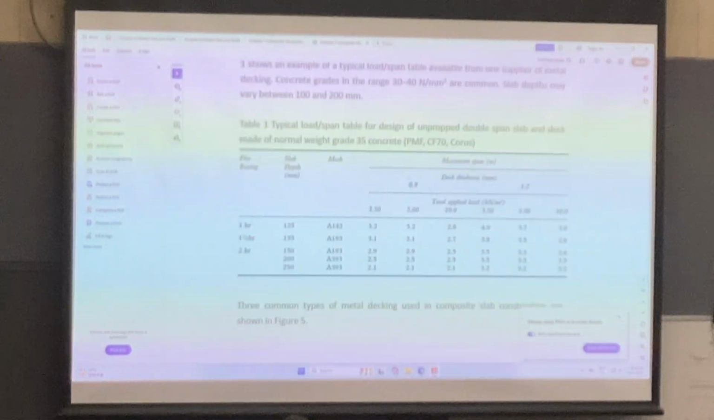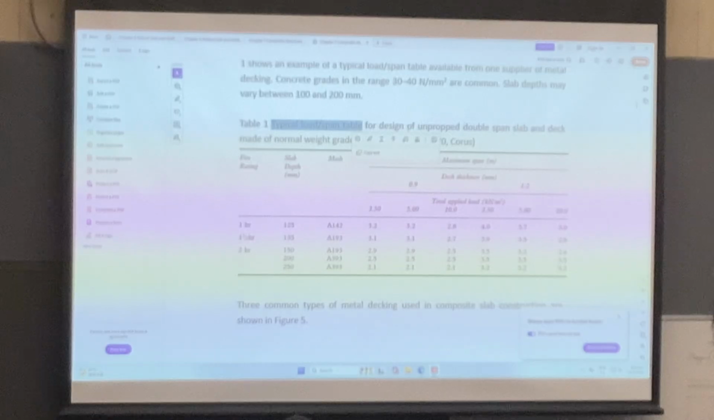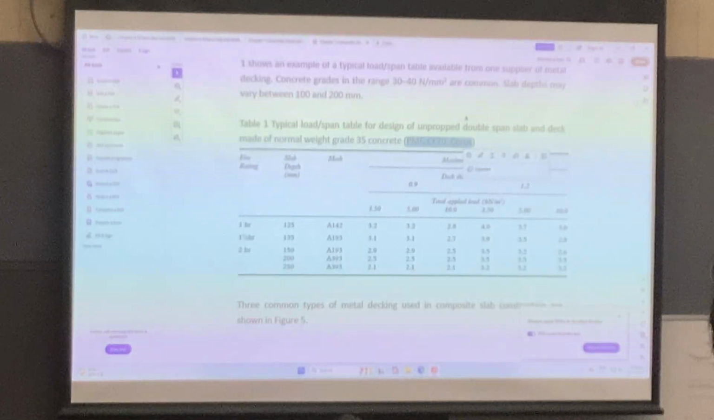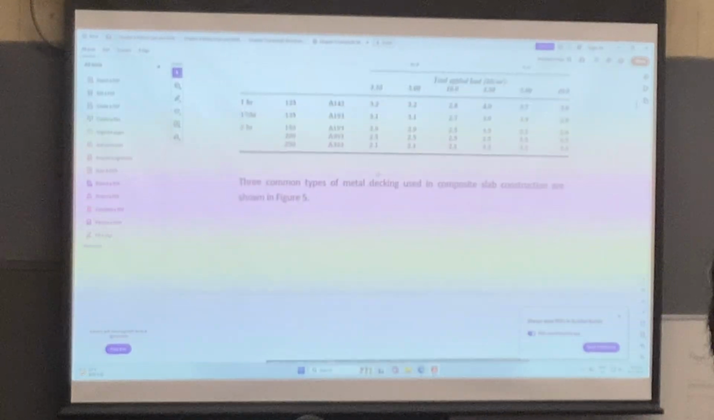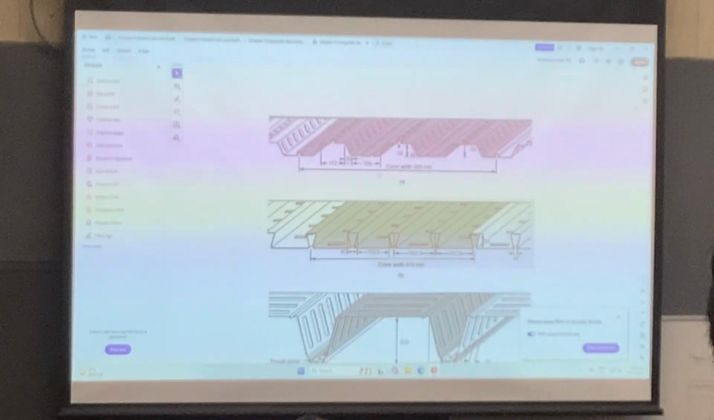Actually, you will have this kind of so-called typical load span depth table. And then this is for different products, and this one actually is for products of Taurus, okay? This is one of the brands. Then this is for the normal weight, grade 35 concrete, okay? So